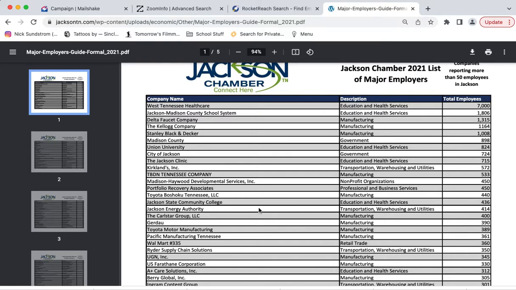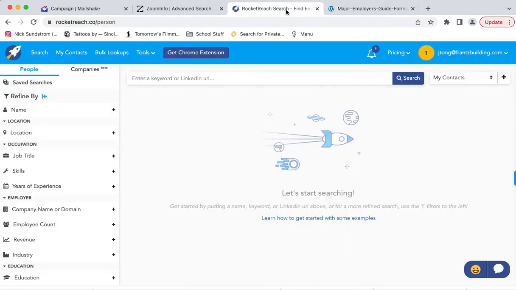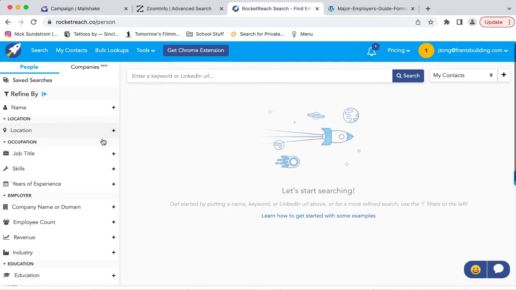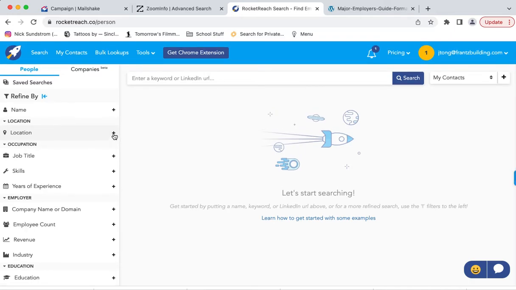They have 400 employees there. There's a website called Rocket Reach. You can actually use it for free up to a certain amount of downloads, like accessing contacts, and then you pay. It's pretty cheap, not super expensive at all. It's something that we've used before. It's not exactly what we use primarily now, but it is a tool that we have used in the past. So if I'm going to look for the Carl Star Group in Jackson, Tennessee,